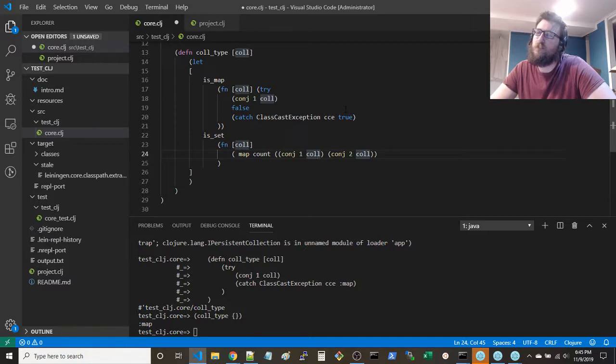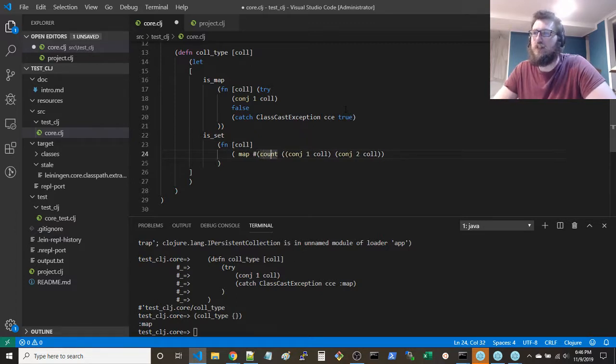Can we do a reduce or just a map? What if we do this? We do map function.